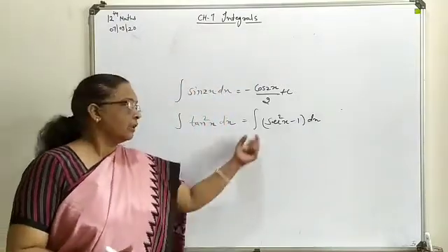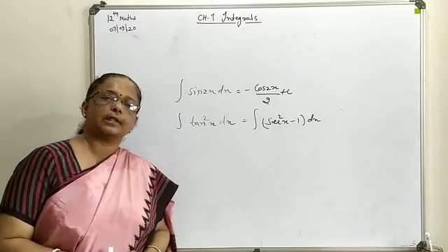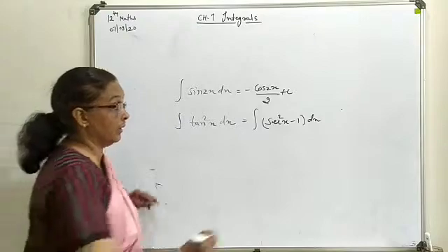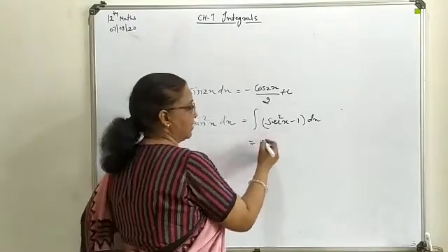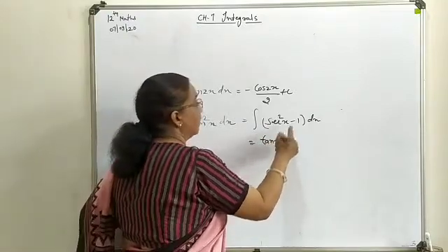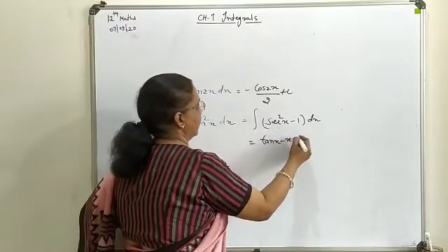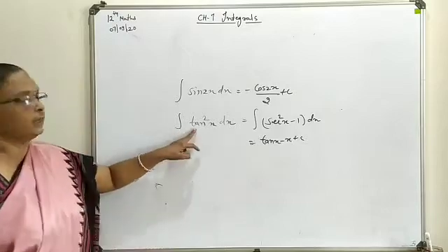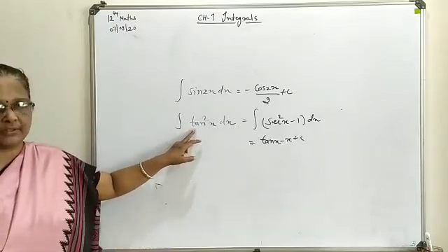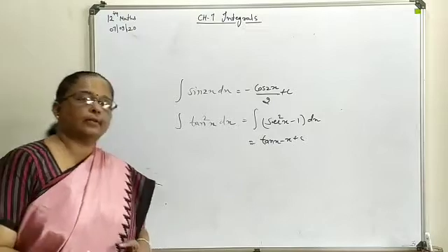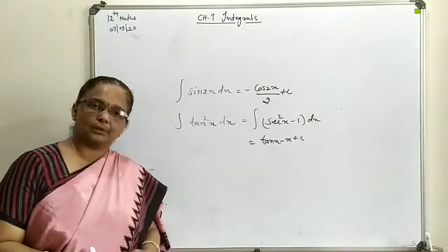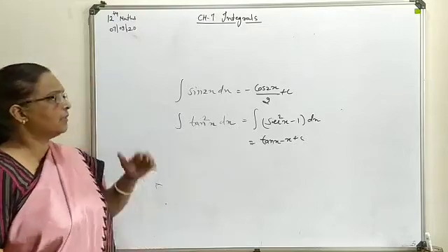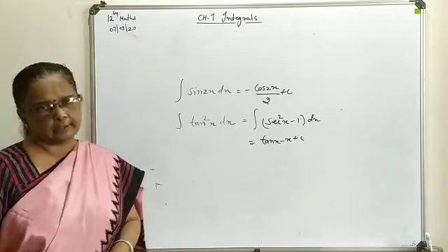Meaning is the same. Now this function is available for integration easily. Separately we will write the integration of both: integration of sec square x is tan x, integration of minus 1 is x. This way the whole term will be integrated. Suppose in place of tan square you have cot square. Obviously that cot square you will convert as cosec square minus 1 and write the respective term for integration. So this way terms are to be changed for integration.